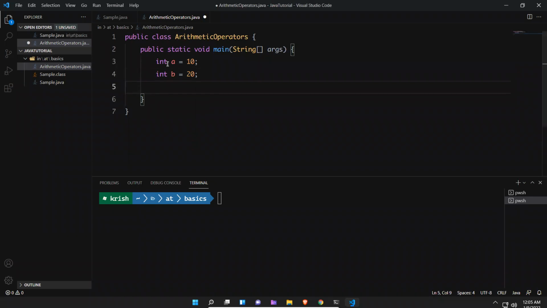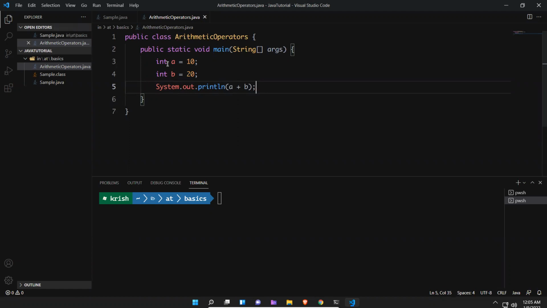Now I want to add these two using one of the arithmetic operators, called plus. So System.out.println, inside this a plus b, and each statement terminates with a semicolon.